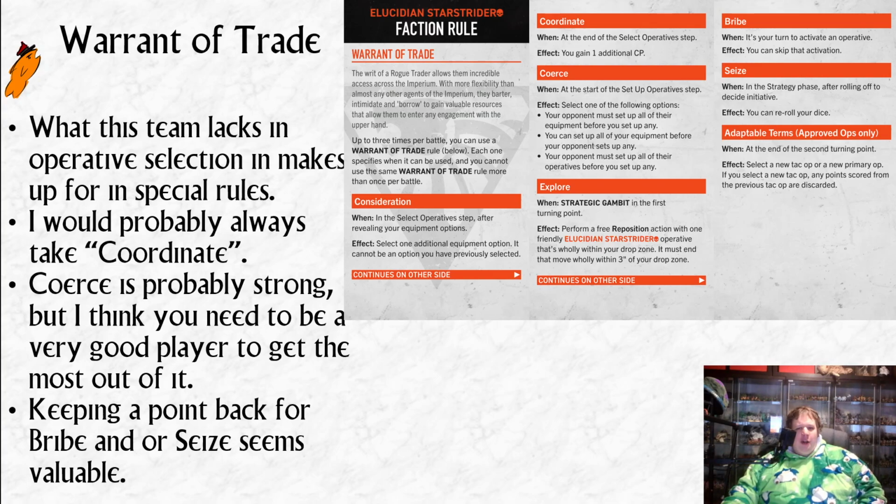Okay. And then lastly, you've got Adaptable Tactics. At the end of the second turning point, you can select a new Tac Op or a new primary op. If you select a new Tac Op, any points scored from the previous Tac Op are discarded. I can't see when you would need to use this. If you use it to change your Tac Op, then you cannot max your Tac Op. Right? Because you've already completed the second turn, and so you lose any points you've scored,